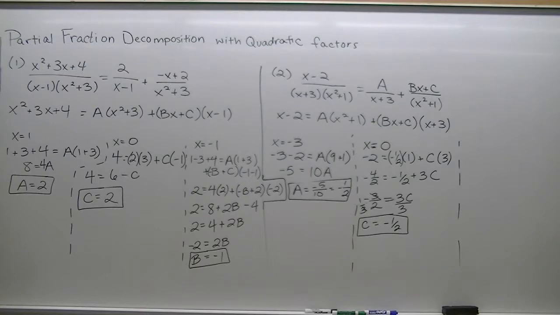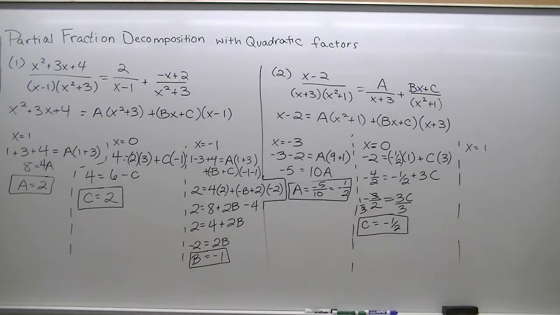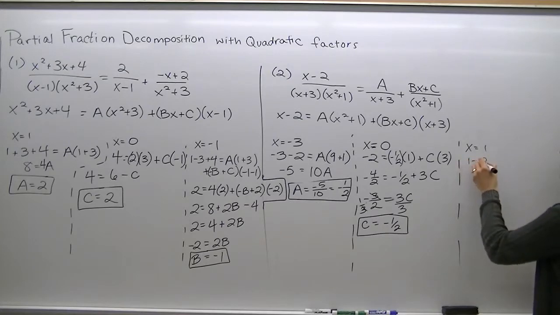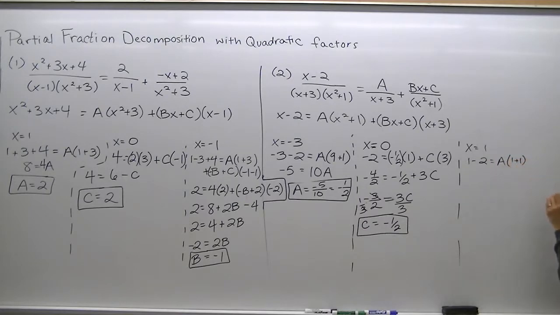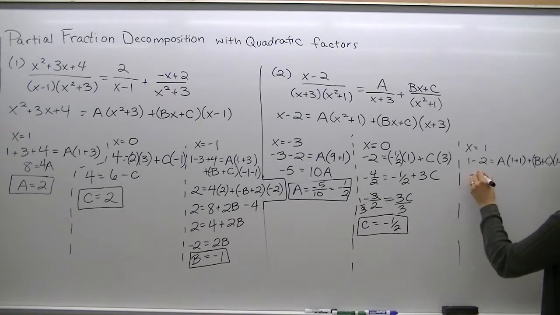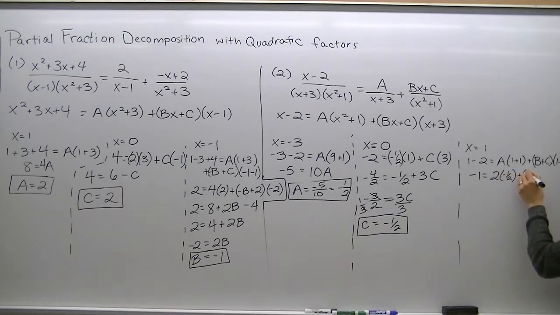So now we need a way to find b. We haven't used x equals 1 yet, so let's do that. That's probably going to give us the easiest arithmetic. So I have 1 minus 2 is equal to a times 1 squared plus 1 plus bx, or b times 1, plus c times 1 plus 3. Well, this will be negative 1, and I have 2 times a, but a is negative 1/2, so I'm going to plug that in. Then I have plus b plus c,